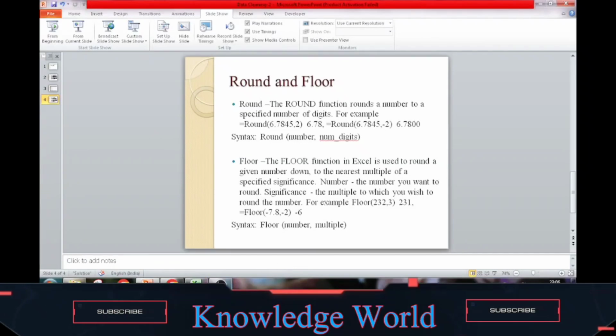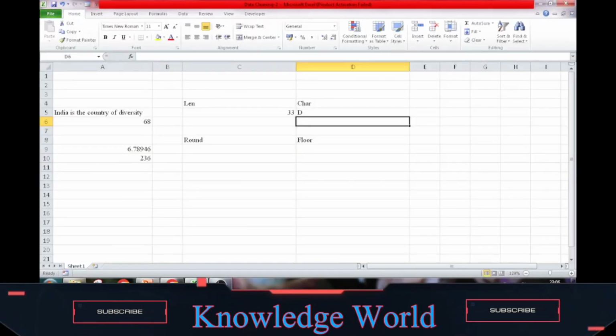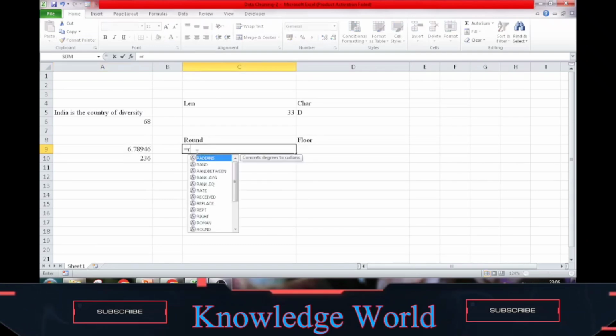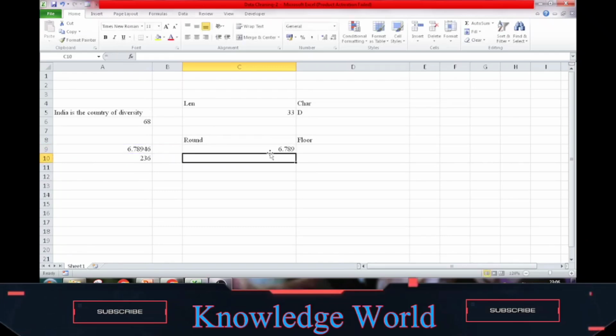So we use the same thing in Excel. Here there is 6.78946. If we use the ROUND function, we select the cell, comma, number of digits, suppose 3, so the answer will be 6.789. The second is the FLOOR function.